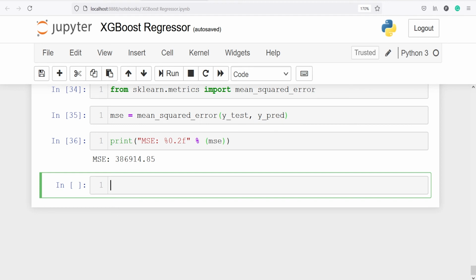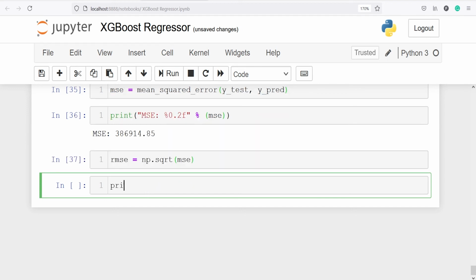Let's compute the root mean square error. Root mean square error is nothing but the square root of this mean square error. So I'll make one variable RMSE, and then from numpy I will call square root because it is the square root of MSE. So I will pass our variable MSE. Let's execute our code. Let's print RMSE now.